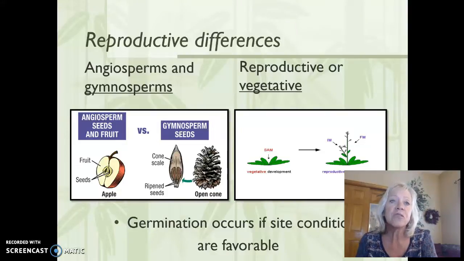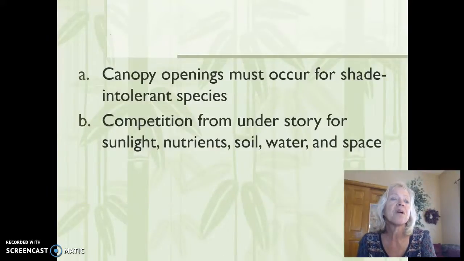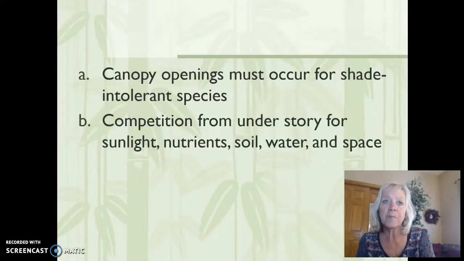Also, the 2 cycles of the tree: the vegetative development, which is the green leafy growth, and the reproductive development, which produces the fruit and the flower. Think again about the forest. The canopy openings must occur for shade intolerant species, and also the understory has competition for sunlight, nutrients, soil, water, and space. So when you remove a tree, it increases the understory or the ground cover growth,